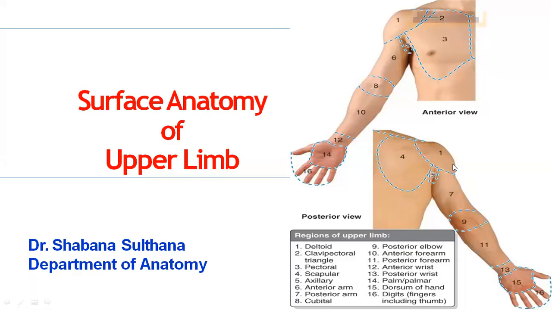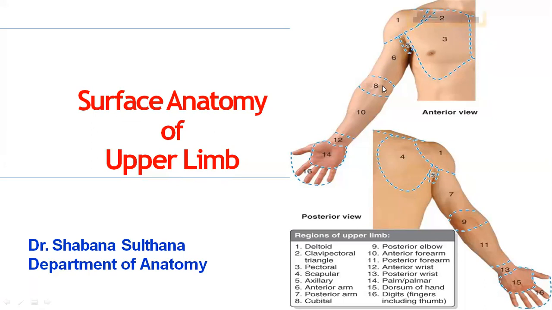Good morning, dear students. Today we are going to discuss the last topic of upper limb, that is surface anatomy of upper limb. Surface anatomy is very important because you will have a separate section during your practical exam. To check the structures from the surface of the body before we dissect, we need to feel the bony landmarks, we need to palpate and feel the arteries, veins, and the muscles.